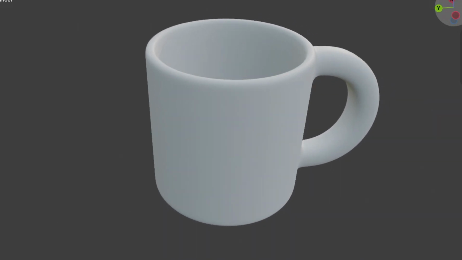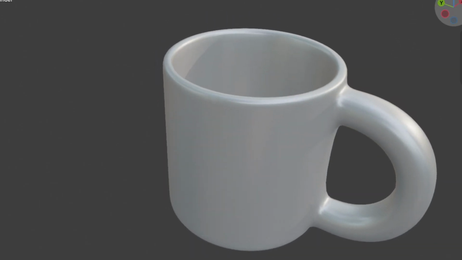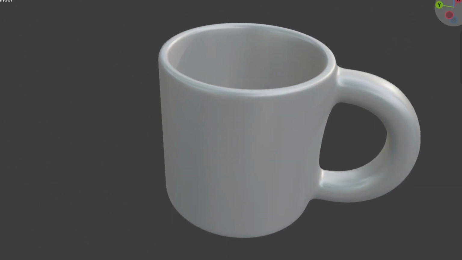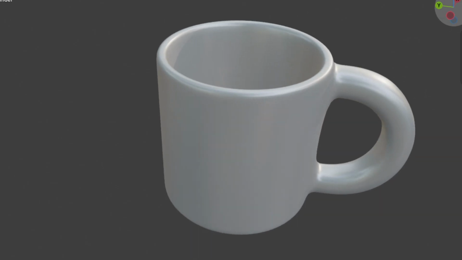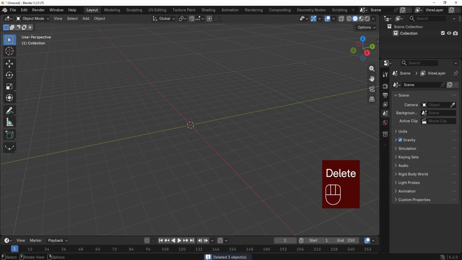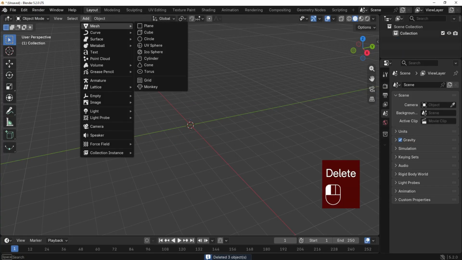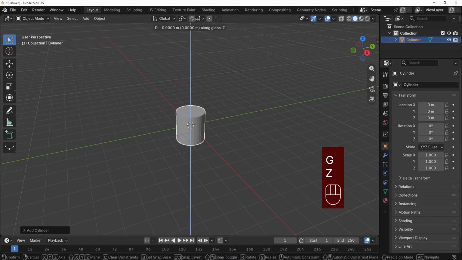In this video I'll show you how to make a coffee mug in Blender. Let's start. Select everything and press delete. Then go to the add menu and from mesh select cylinder. Press G then Z then 1